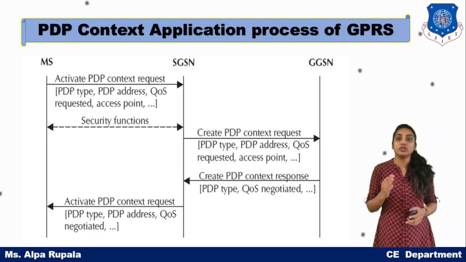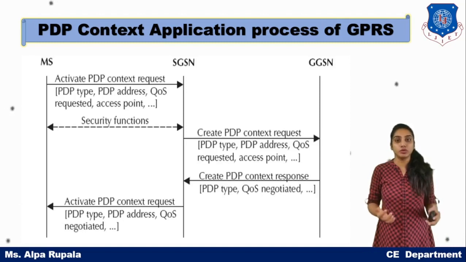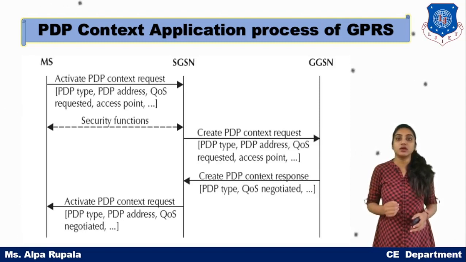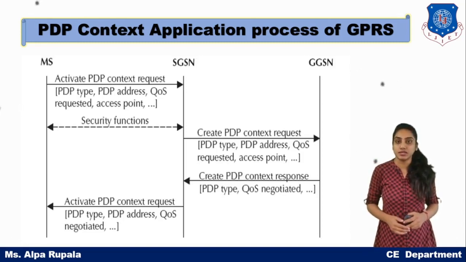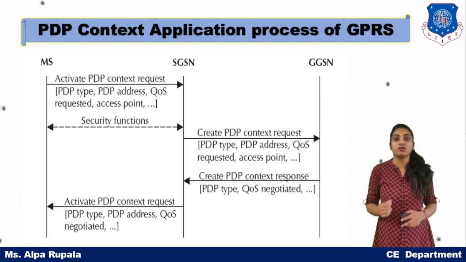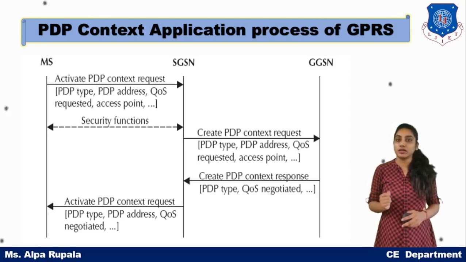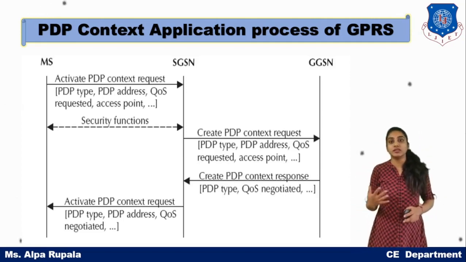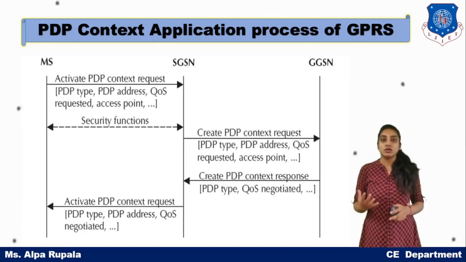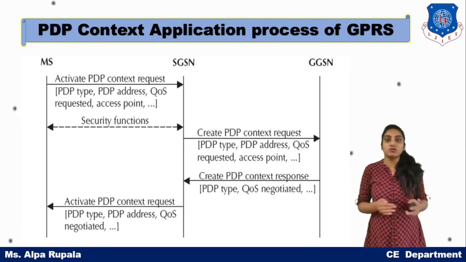Then the work of the GGSN is what? That is to communicate with two different networks. If you want to communicate between two different networks, that work will be done by the GGSN. As we have earlier discussed in the GPRS architecture, the GGSN works according to the PDU, that is protocol data unit or packet data unit. The packet data unit or protocol data unit is nothing but a special kind of structure, and that structure must be in a uniform manner, or else we need to convert it from one form to another form.